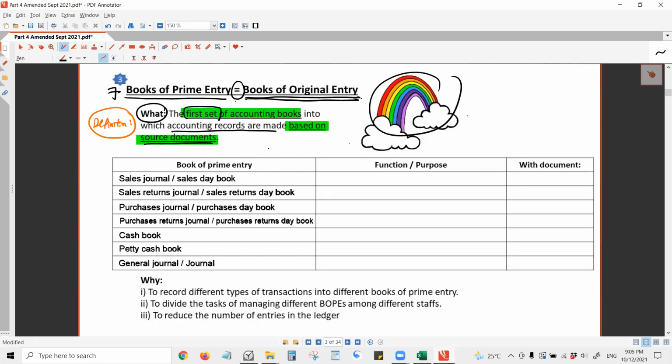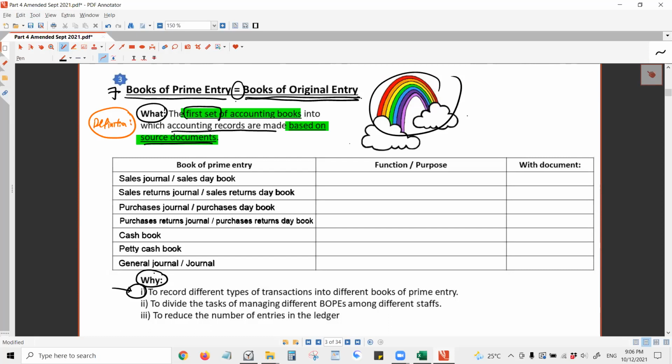So, 7 books of prime entry. Why do you need to have 7? Why not just one? Simpler, right? Just learn one book of prime entry. So what is the reason you need to have 7? Look at the bottom of the table. Number 1, in business, you have many types of transactions, right? Sometimes you sell goods, sometimes you buy goods, sometimes customers return goods, sometimes you make payments, sometimes you receive money, and so on. If you put everything into one single book of prime entry, assume that there's just one book of prime entry, it's going to be what we call